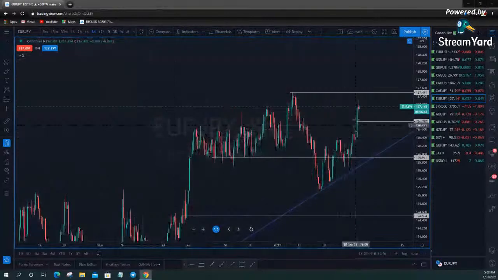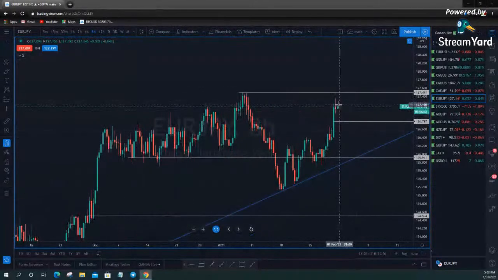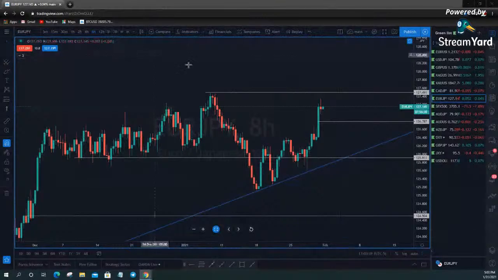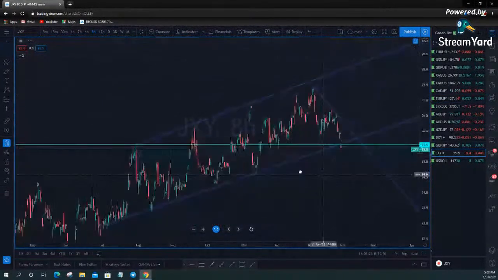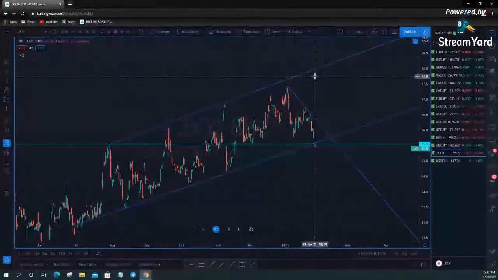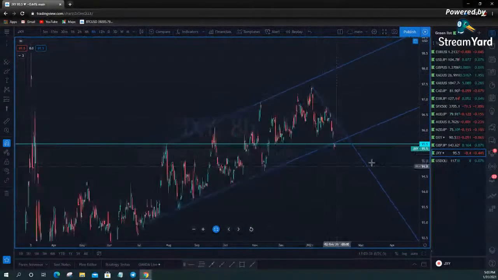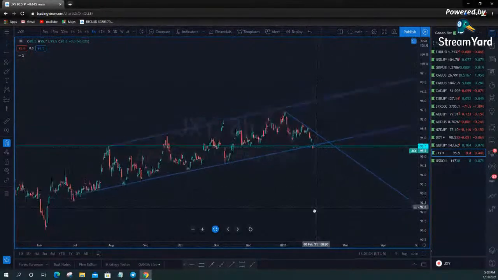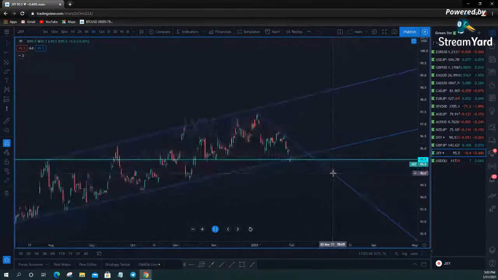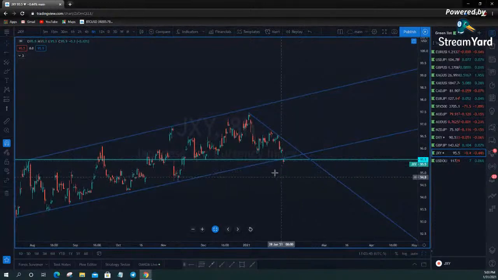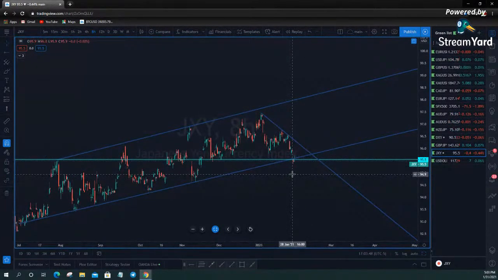The euro yen was very strong on Friday. Basically, it's due to yen weakness. That breakdown is something I've been watching for a very long time. I absolutely was looking for it to break out to the upside for yen strength, but we have weakness, which is good because that also implies a risk on sentiment. Yen and Swiss franc are generally looked at as risk off assets. So if there's any fear in the markets, these things usually catch a bid, but it's definitely not catching a bid. So my main focus going into this week is going to be trying to find those yen pairs that I can capitalize on going down or going up.